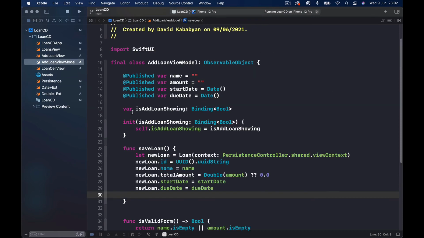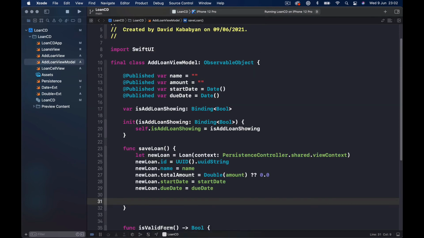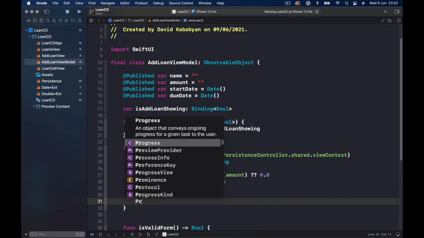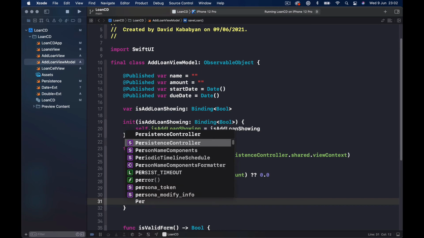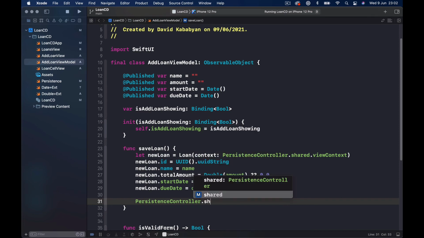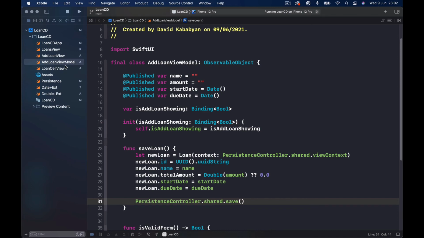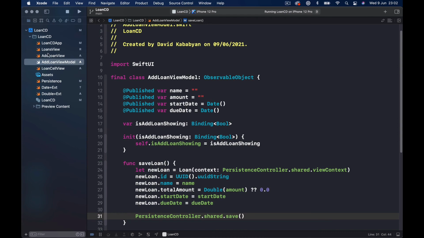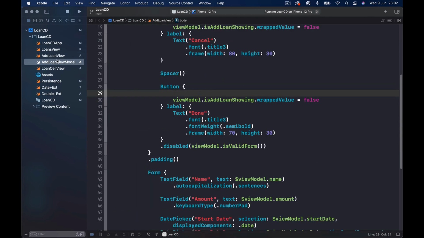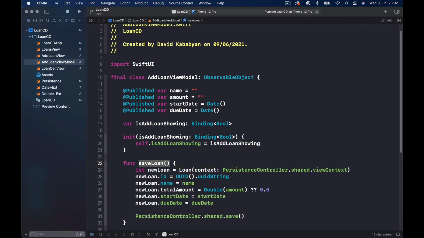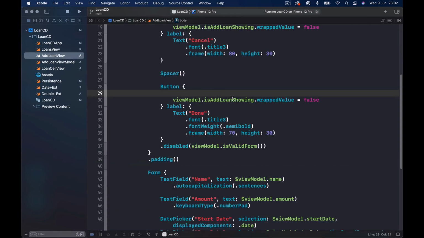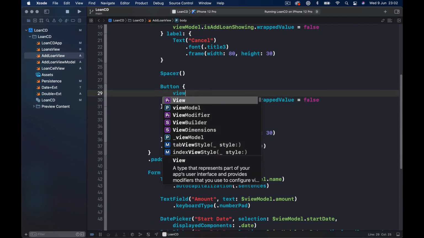So let's jump to our AddLoanViewModel, and again access our PersistenceContainer.shared.save. So we call a save function which will save everything to our Core Data. All right, it's all nice and easy, but before we call this saveLoan function, nothing will actually work. So let's go ahead and say before we dismiss here, we are going to say viewModel